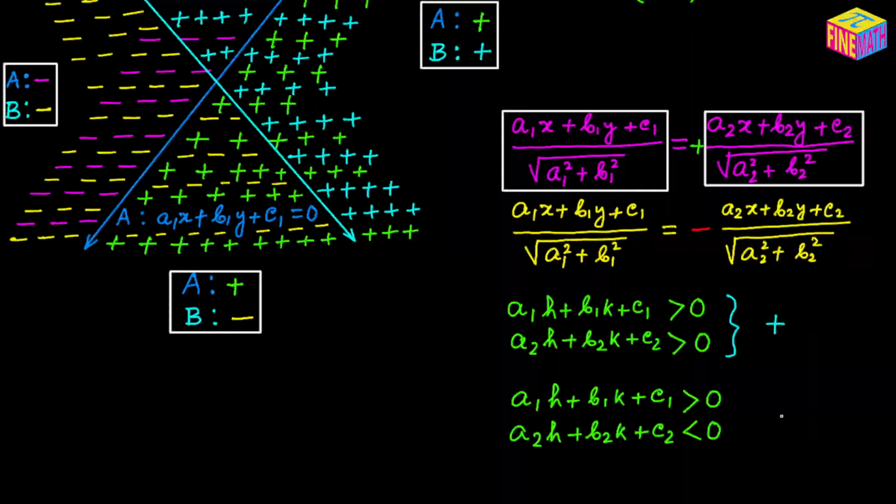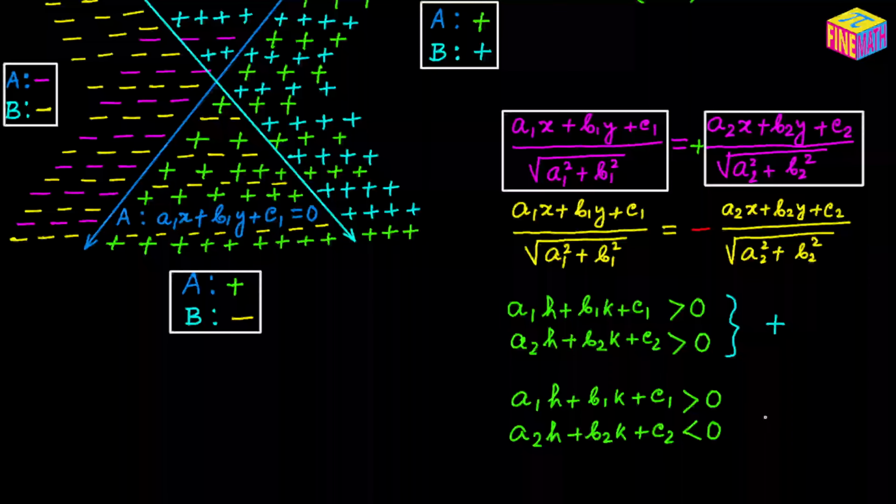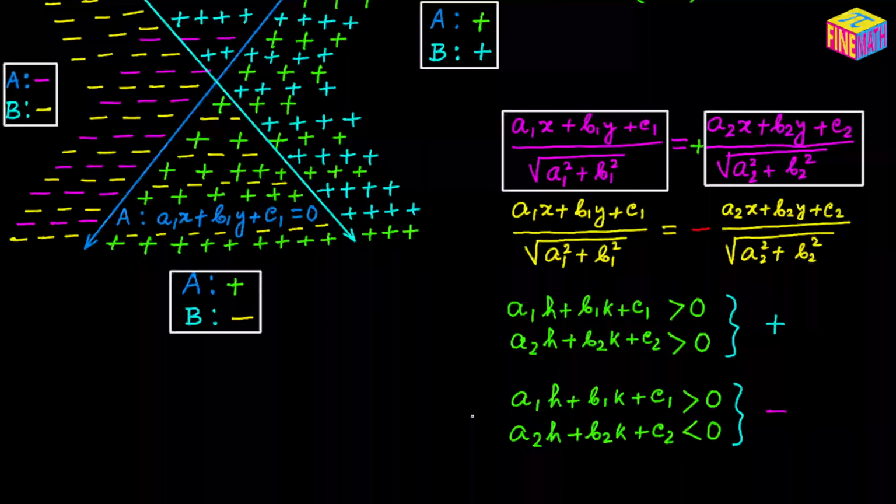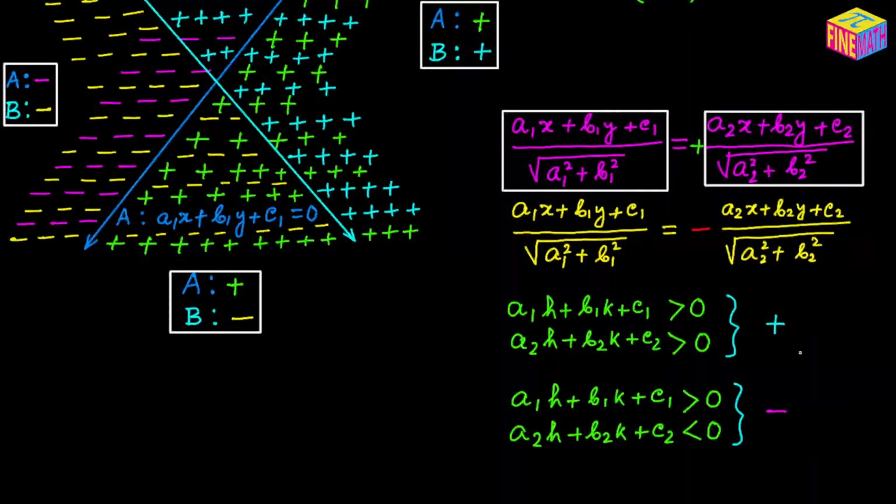For our equation of the angle bisector, we have one value positive and another value negative. In that case, we have to go with a negative sign, because then one side will be positive, another side will be negative, and if I take a negative sign on the other side, then both sides will become positive, right? Then we can balance, then we can equate them. So when they have the same sign, we go with a positive sign for the equation of the bisector, and when they have opposite sign, we go with a negative sign for the equation of the bisector, because that equation